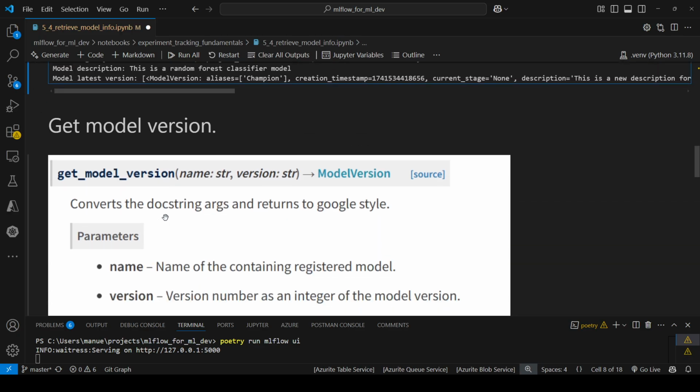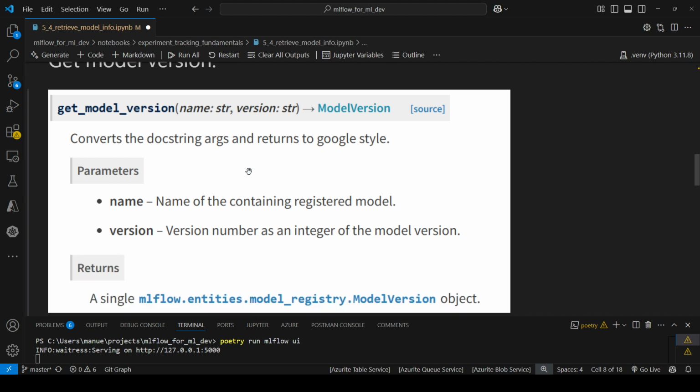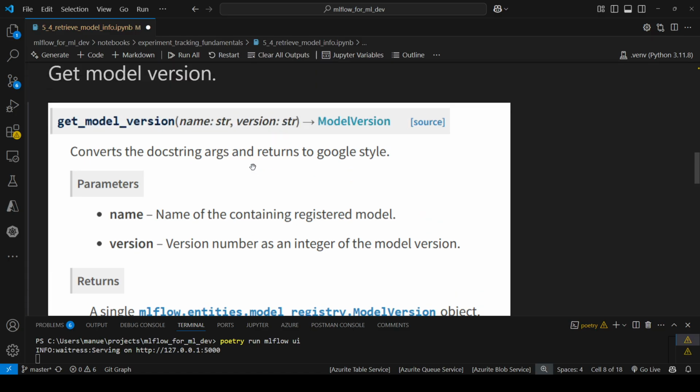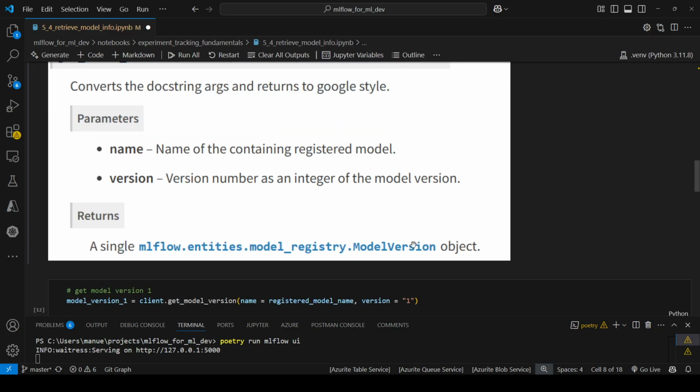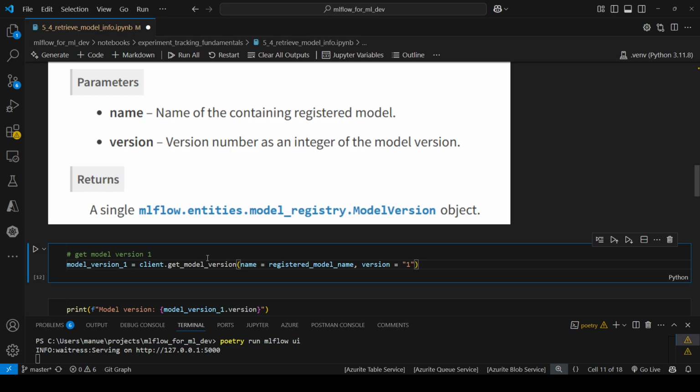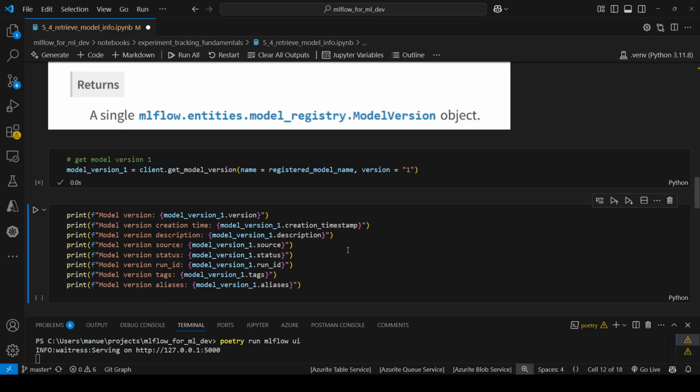Now let's explore another method, getModelVersion. In this case, we can use this method to retrieve information about a specific version. The parameters that it takes are the name of the registered model and the version. And this method returns a model version object. So here, let's say that I want to get information about the version 1, right? So I'm going to use this method, and I'm going to use the dot notation to access the attributes of